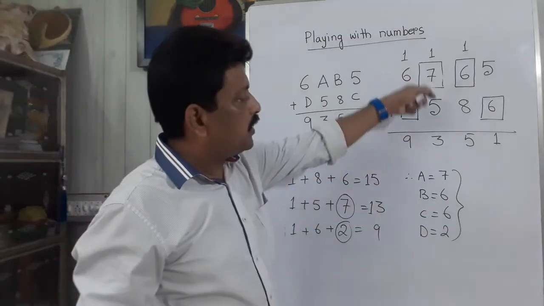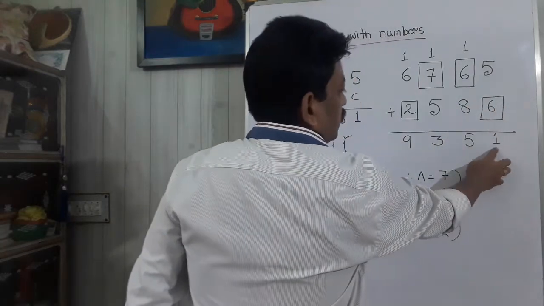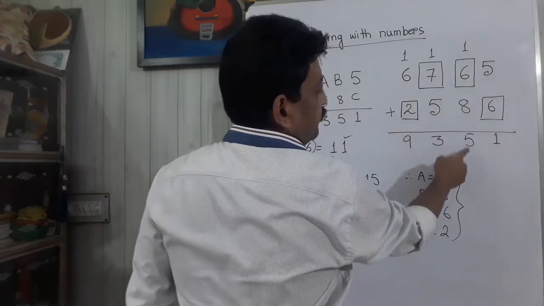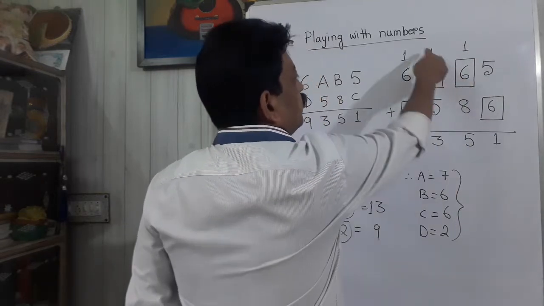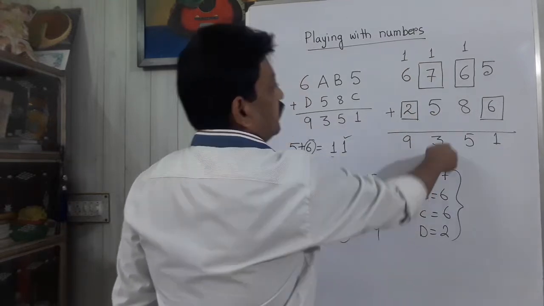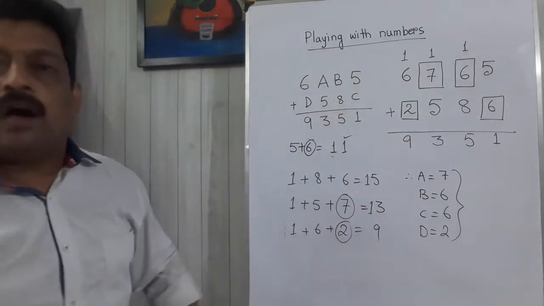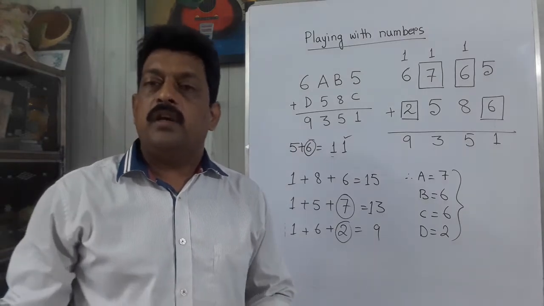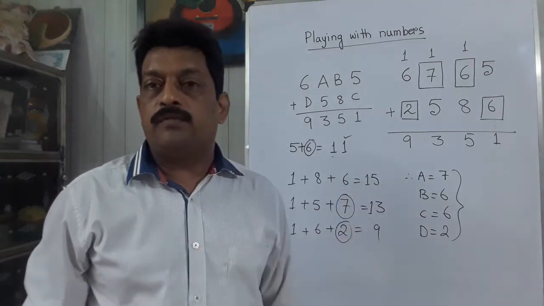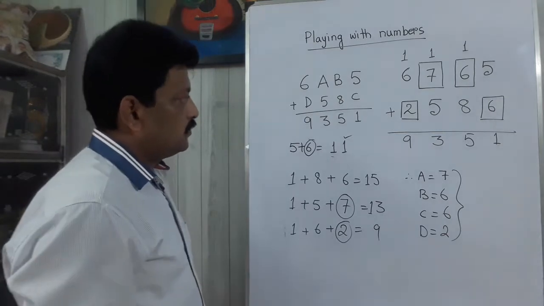Just quickly let us check whether our sum is correct or not. 5 plus 6 is 11. So 1 is here, carry over 1. 1 plus 6 is 7, plus 8, 15. 5, again carry over 1. 1 plus 7 is 8, plus 5 is 13. 3, carry over 1. 1 plus 6 is 7, plus 2 is 9. That means our answer is correct. So in this way, by guessing, by oral calculation, we can solve these problems. We don't have any formula to use. Understood? Okay. Just go through it.